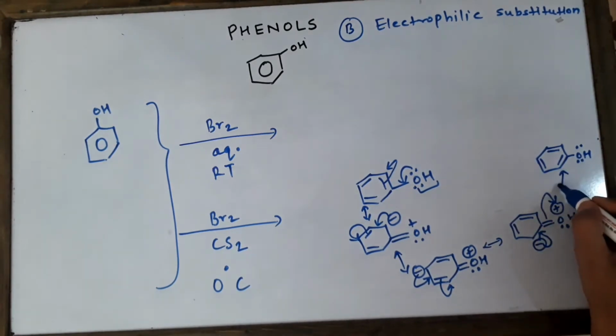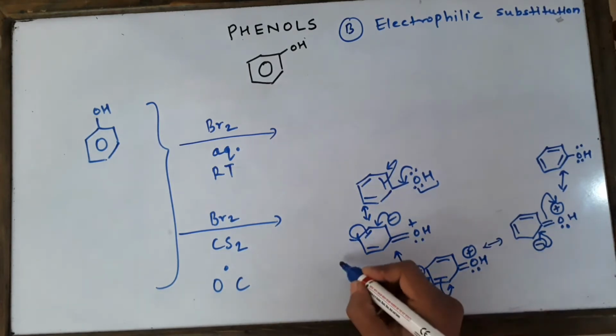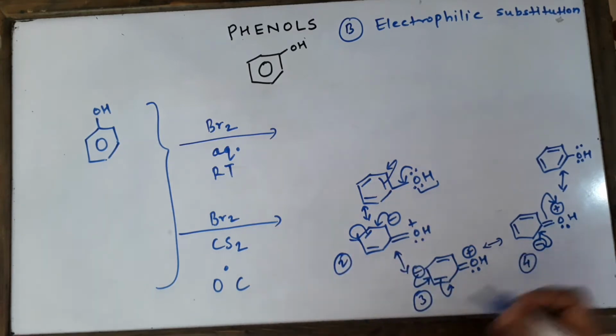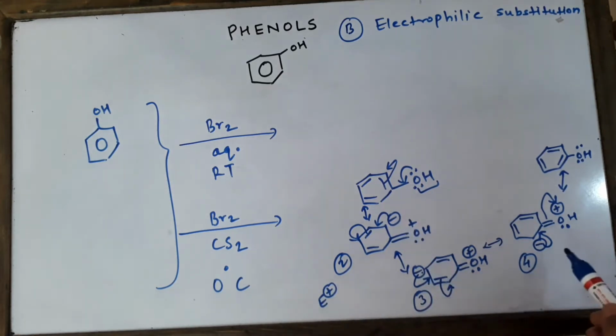We are going to draw these kinds of arrows to separate the two canonical structures or resonance structures. So 1, 2, 3, 4, 5, these 5 structures are there. Structure number 2, structure number 3 and structure number 4 have to be seen very carefully: the ortho position, the para position and the ortho position are having lots of electrons, and hence if any electrophile wants to attack phenol, it will definitely attack at these carbons only.